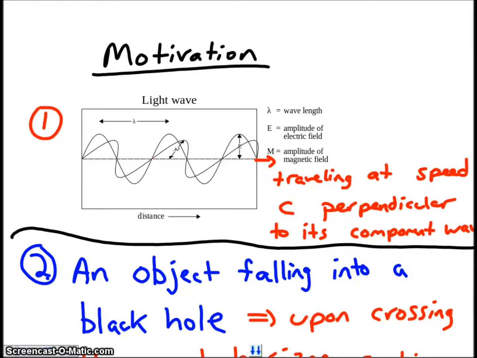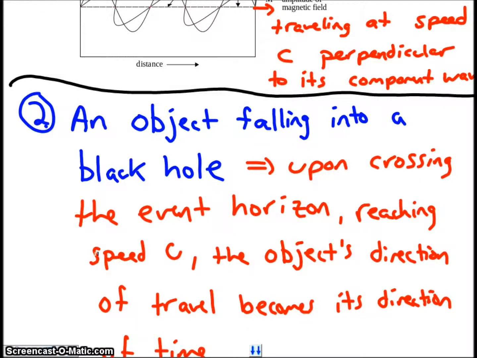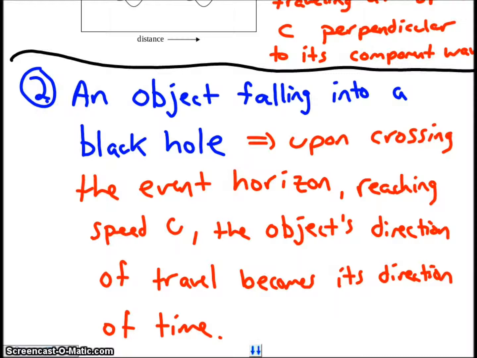direction. The second thing that motivates this conjecture is if you consider the situation of an object falling into a black hole. In the Schwarzschild case, upon crossing the event horizon, the object reaches a speed of c, and the object's direction of travel, the direction it's traveling in, becomes its direction of time. So putting those two together, I thought, well, maybe for a photon, its direction of time is the direction that it's traveling in because it's going in that direction at speed c, which is exactly what happens to an object falling into a black hole once it crosses the event horizon. It reaches that same speed, and all of a sudden its direction of travel becomes its direction of time as